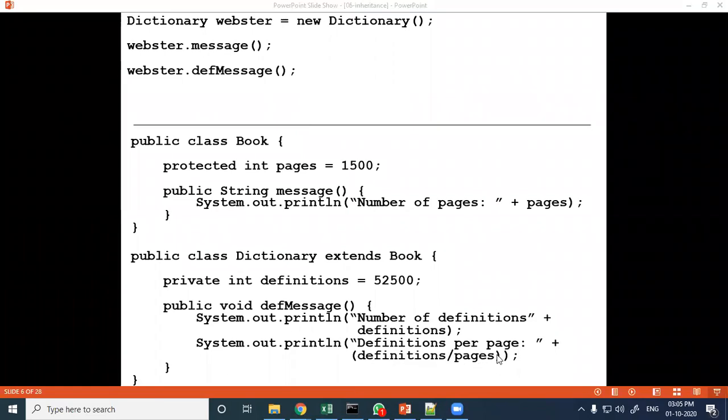Now here pages is not its own member, it is the base class member, the book class member, that you can directly access. Okay, because of this protected you can access.